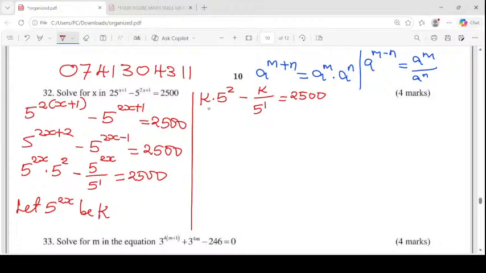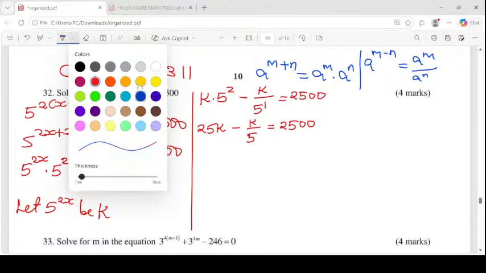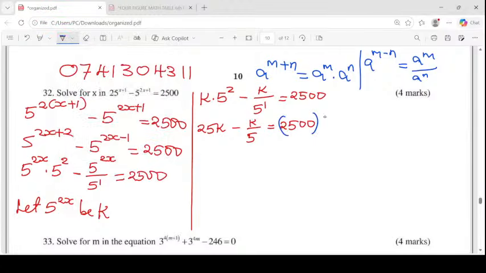5 squared is 25, so this will become now 25k minus k over 5. This should be equivalent to 2500. How do I remove this denominator of 5? I'll have to multiply each term here by 5. So I'll multiply this by 5, by 5, by 5. When you multiply, this will become